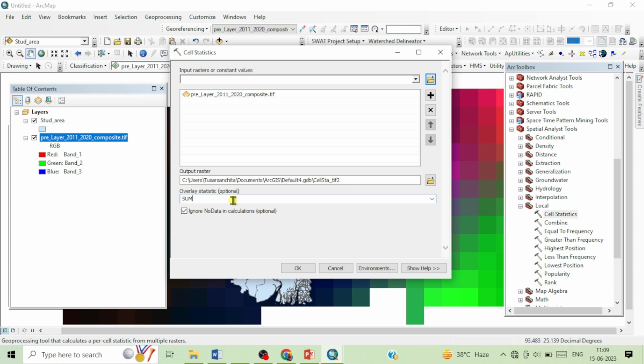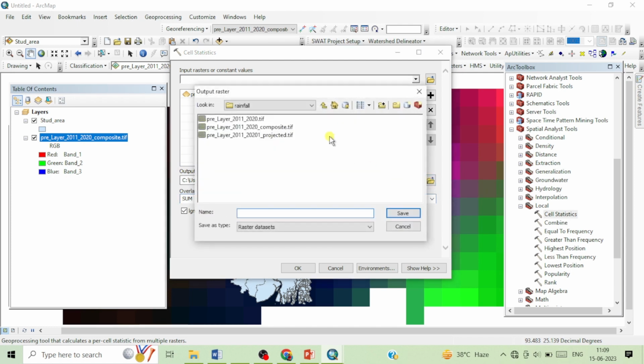Therefore we need to select here the sum option. Now under the output raster, locate the file location where you want to save the file. The same folder I am selecting, and for example I am giving a file name, that is